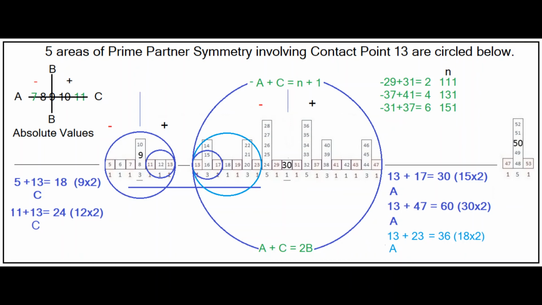When charge is included, prime sums A plus C no longer equal 2B. The formula then changes to -A plus C equals n plus 1, n in this case being the consecutive composite quantity 1, 3, 5, 7, etc. This is shown in the top right there. So that equals 2 for all 111 code segments, it equals 4 for all 131 code segments, and 6 for all 151 code segments. The zeroing out that occurs means that most primes disappear anyway,